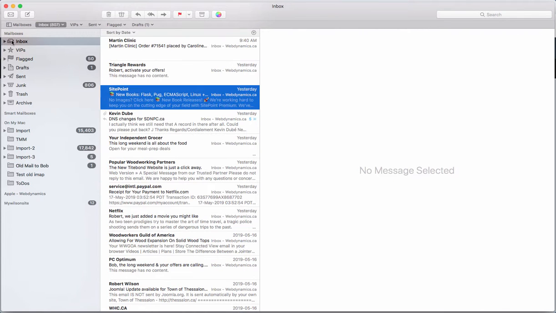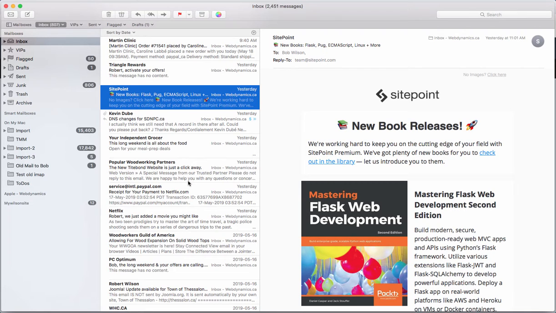It works for me, and obviously you're going to probably want to be dragging more than just 4 or 5 emails in. So be aware that when you do drag them in, depending on the size of the emails and the attachments for those emails and how many emails you're dragging in, it may take a little while for them to copy over. You can see here, this was an old import from a pop mail account that I had a long time ago, and there was like over 17,000 emails in it, and it took an hour or more to move it all. It was a crazy amount of email to move, and there were a lot of attachments. So anyway,